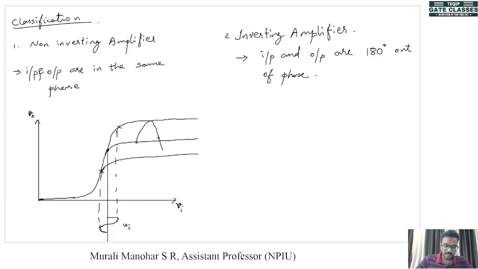And the change in input is sinusoidal, so the change in output will also be sinusoidal. The positive and negative half cycles will have the same magnitude. This is my poor drawing skill, don't mind that. So this is our output. So you can see that for a smaller change in input, we are getting a larger change in the output. And input and output are in the same phase, right? So if we draw the characteristics of an inverting transistor, it will look like this.